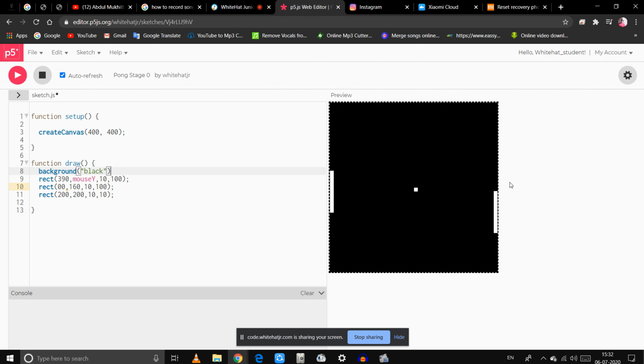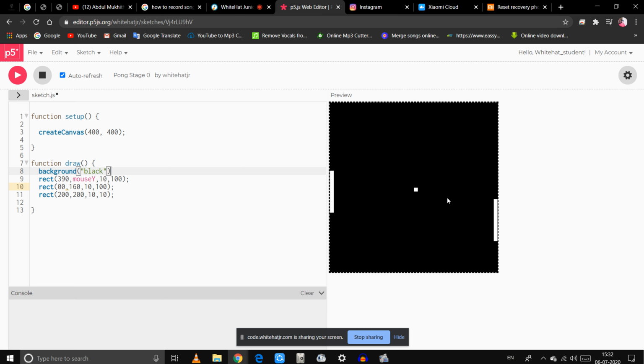Now can you try moving the ball? No, ma'am. I can't, ma'am. Since I'm stationary, it's not moving. Yeah, because it moves automatically in the game. So you need to make it move automatically.